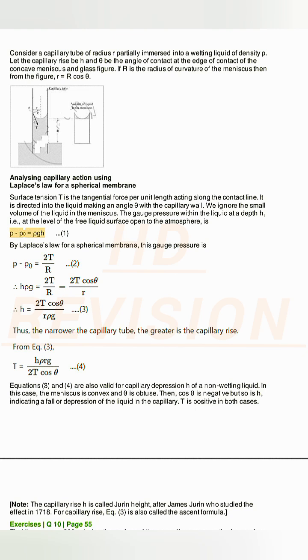P0 equals ρgh. (1) By Laplace's law for a spherical membrane, this gauge pressure is